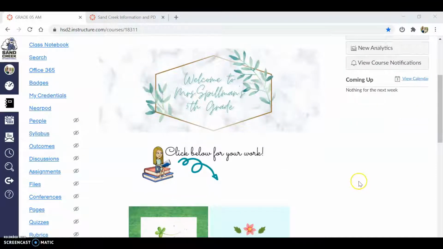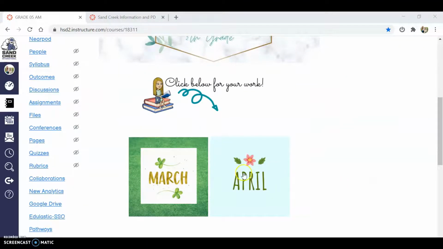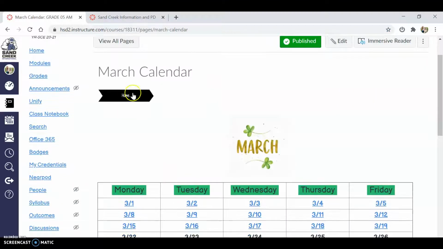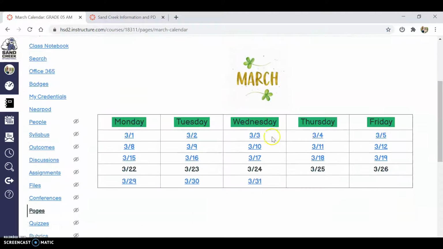As you see on our home page, we have two different months available for students to click through and to access their work through. I decided to leave 2 months available at a time, the current month and the month prior. That way students can access any missing work that they have from the previous month and not be too overwhelmed. So if I click on March, we have the button to go back to the home screen, and it's